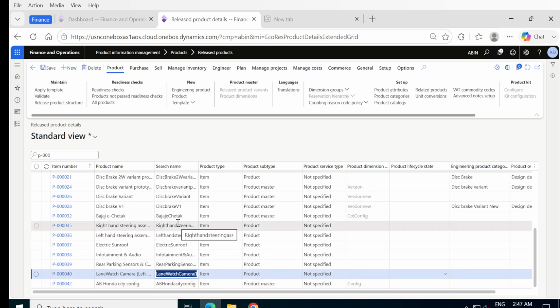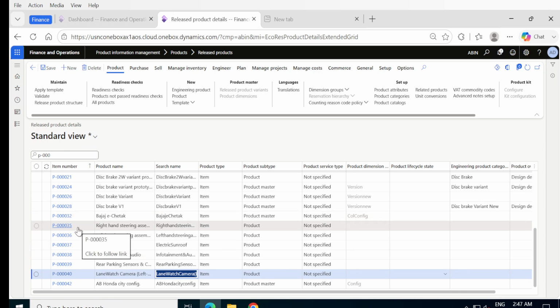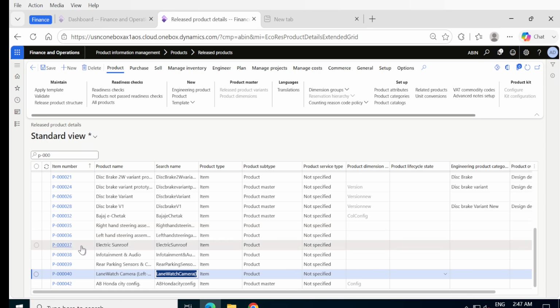I'm going to use these components as needed. If it's an Indian version, I'm going to use a few components, and if it's a US version, I'm going to use a few other components. So this is what we are going to do in the further steps. Okay. Now let me go back to the BOM